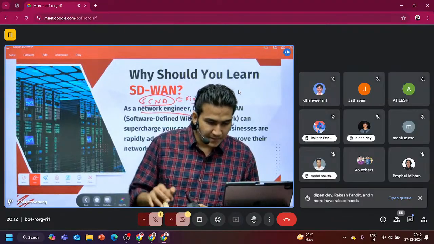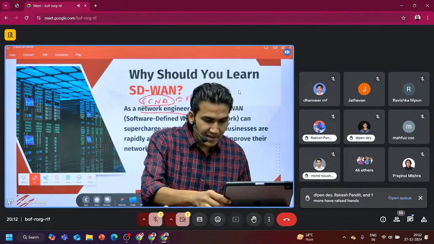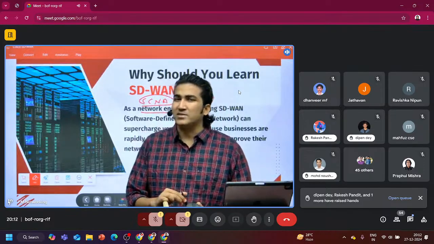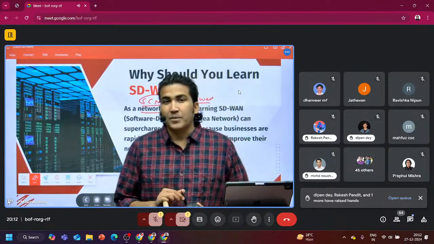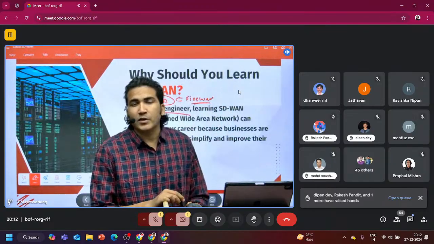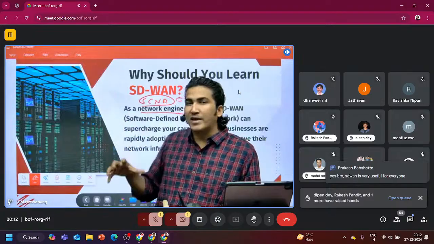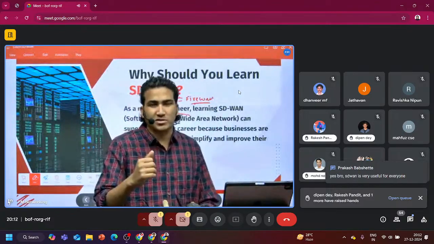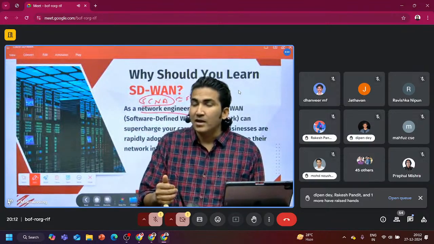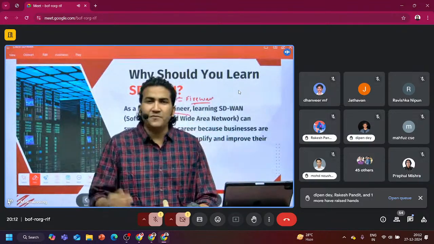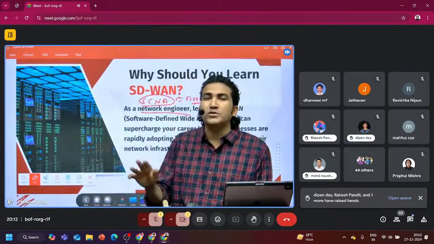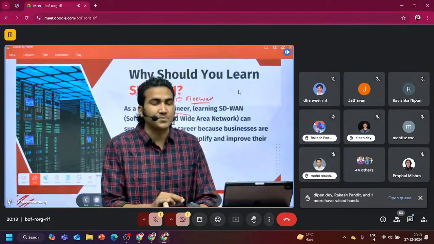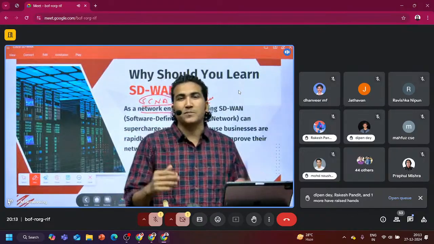Without security knowledge, can we learn SD-WAN? You can learn SD-WAN without security knowledge also, but this is not my recommendation, because in SD-WAN you are actually going to deploy IPsec. Automatically, it will deploy IPsec. You are going to troubleshoot it and manage it, right? And if you don't know IPsec, it will be difficult for you, because in SD-WAN no one is going to teach you IPsec. When I am teaching SD-WAN to people, I am expecting they already have knowledge about IPsec,